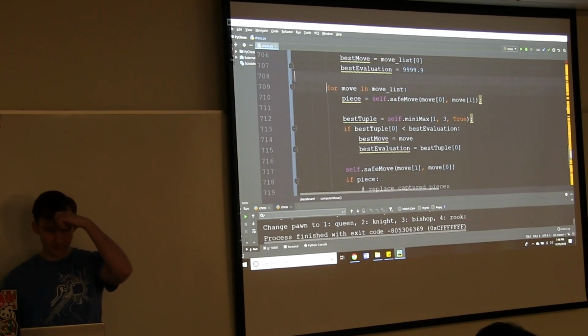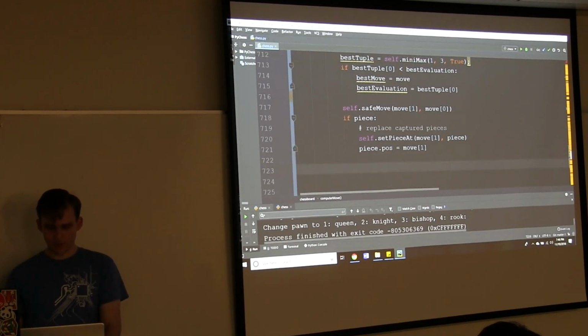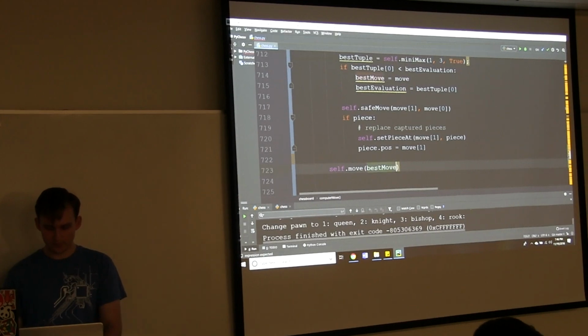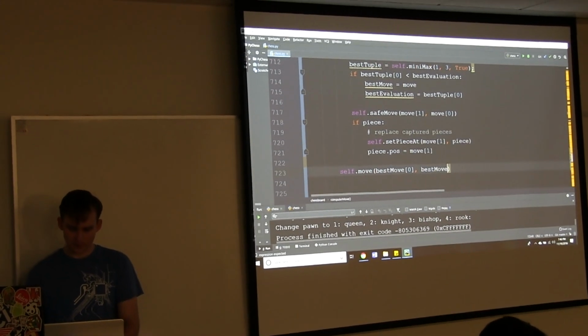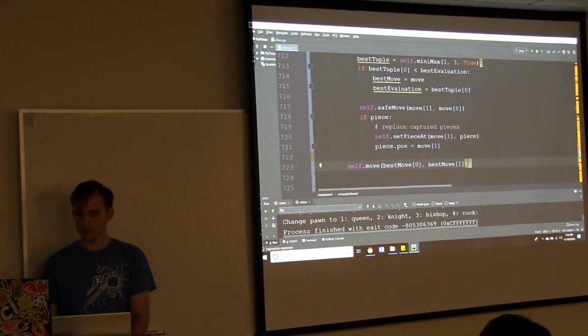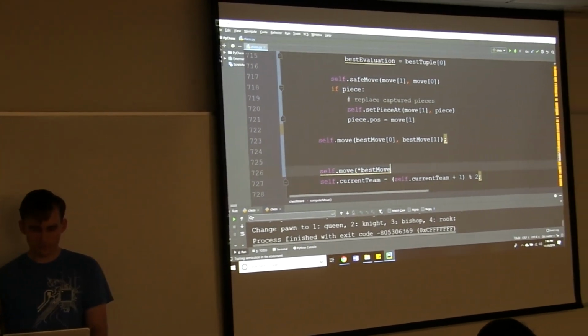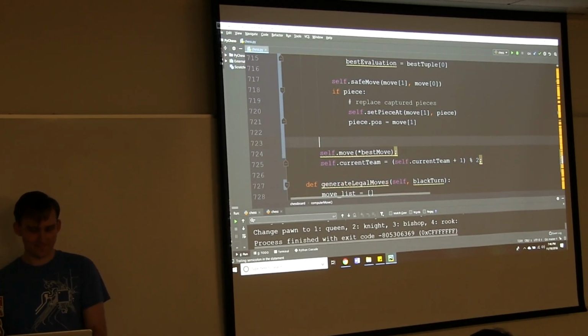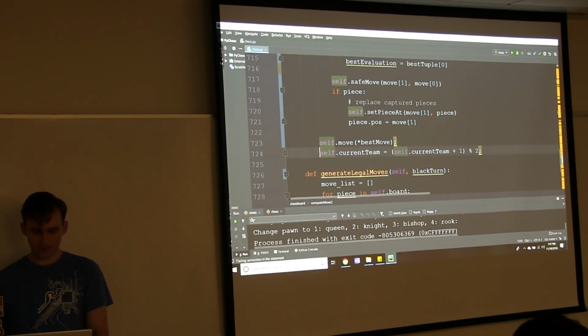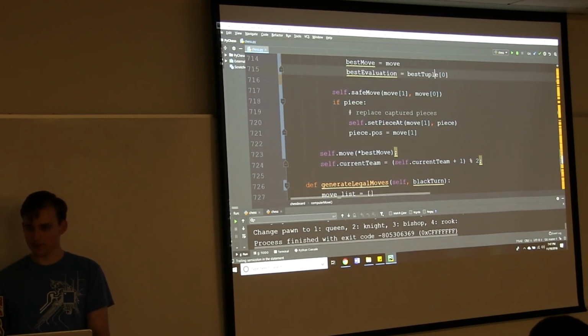Outside of the move for loop, we will have actually found our best move. It should be stored in the best move tuple now. So we can just make that. I think it's best move. Best move 0. Best move 1. Oh, yeah. We already have that. Okay. Remember to still change the T at the end.